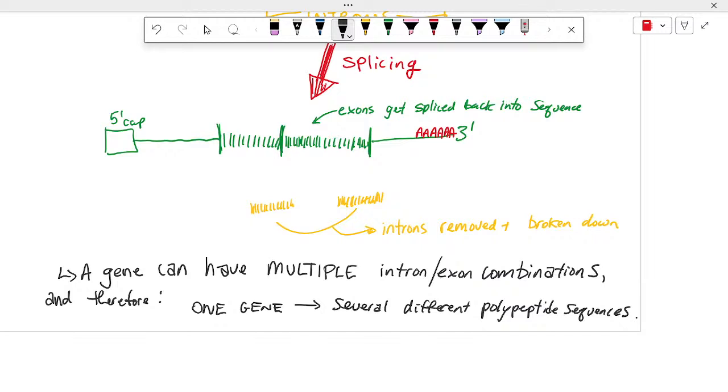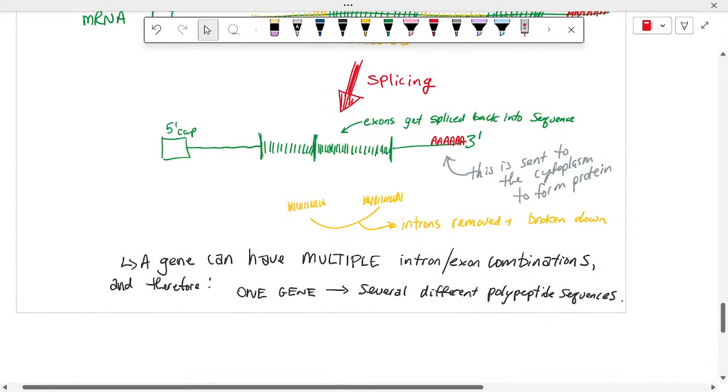But now this whole bit here is sent to the cytoplasm to form a protein. Right, so the whole sequence will then get sent to the cytoplasm, wherein it will be translated. And translation is the process by which we read the mRNA sequence and we actually build a protein from it. Does that make sense? Yeah. The whole thing. So the poly A tail is